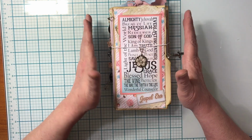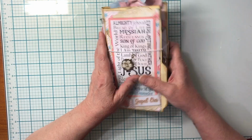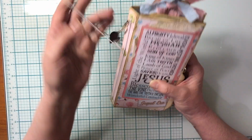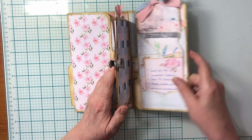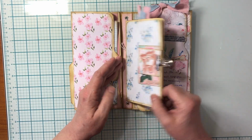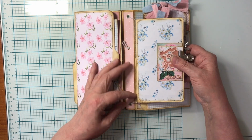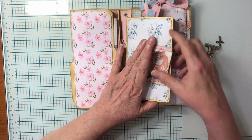But I thought I would just show you what we're aiming for at the end of this project. So I've got just an elastic closure here, and it basically folds out on the back and the front, and in the center there is a journal, and it's a removable journal. It's just held in with some elastics, and the journal,